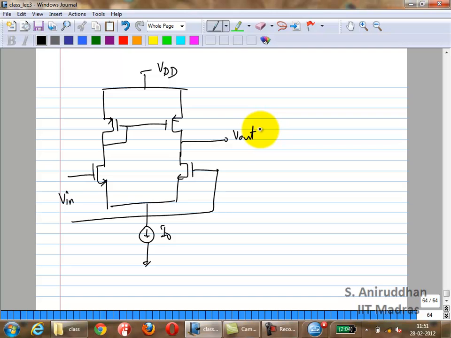It's going to be VDSAT of? Okay, so 1, 2, 3, 4, 0. Okay, so you're saying it's VDD minus